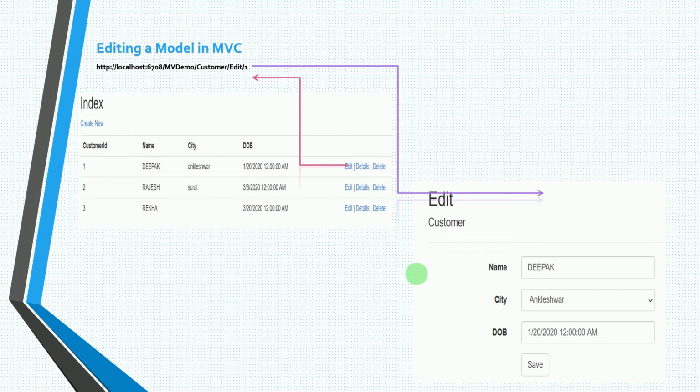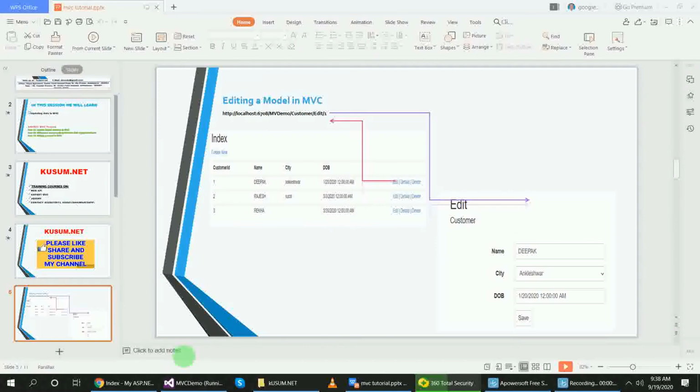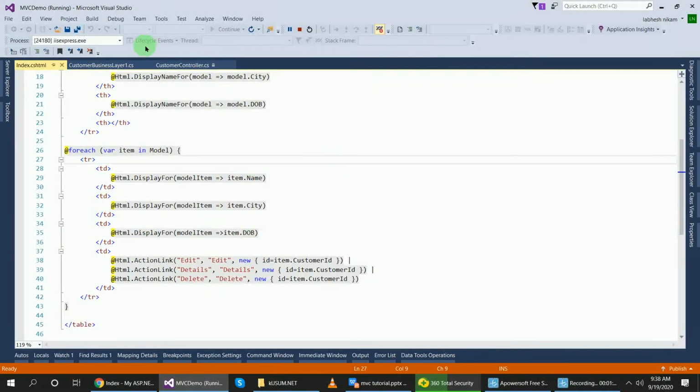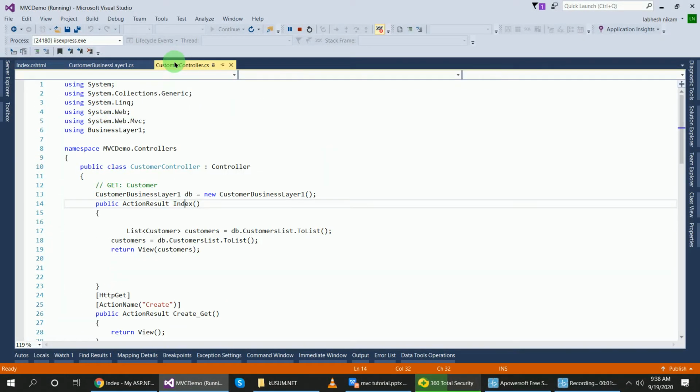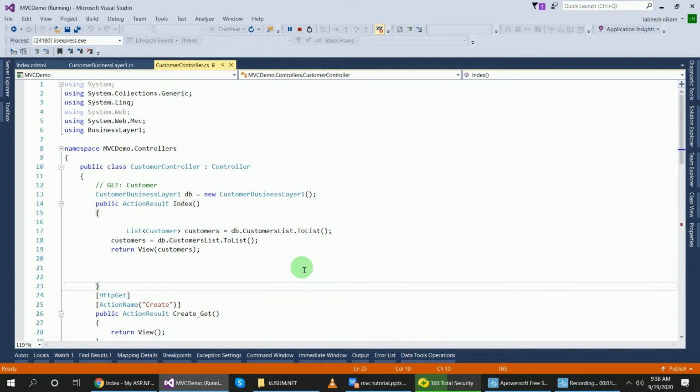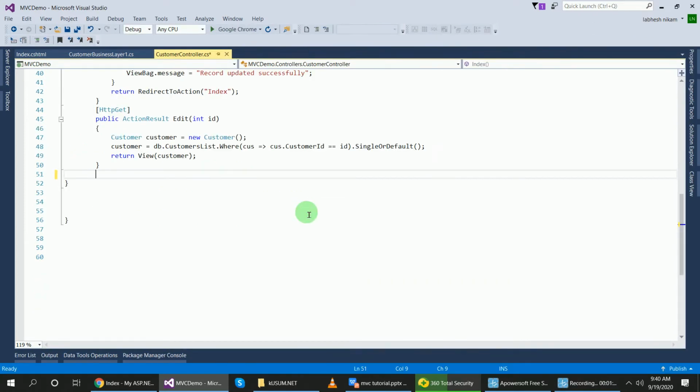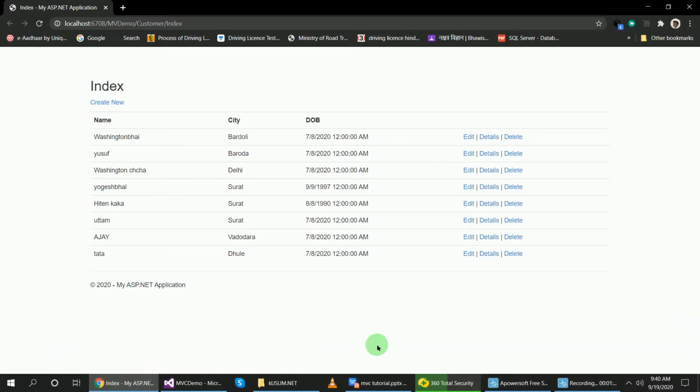For that we will go to the application. This was the code from my previous parts to display the edit view page. In that I was using this HttpGet attribute inside this Edit method. Now I want to save the edited data. When I click on this edit button,